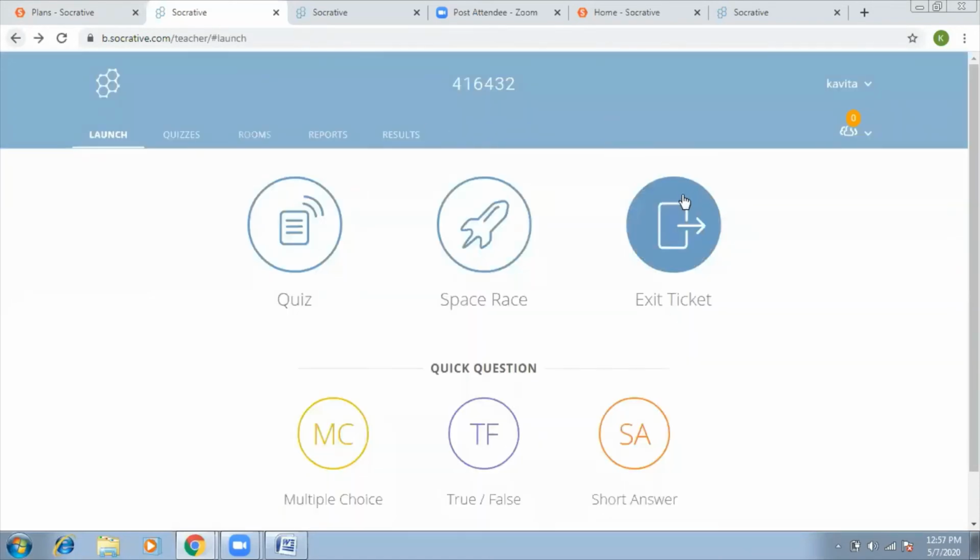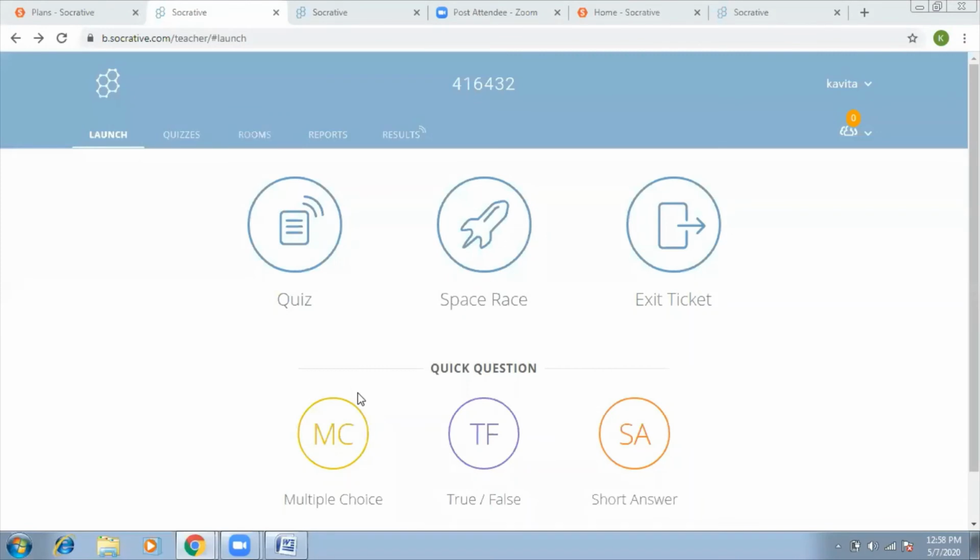Then the third one you have is Exit Ticket. These are an effective way to gather end of class feedback, giving students an opportunity to demonstrate what they have learned in the class and for teachers to be sure that all teaching objectives were met. Now here, one problem with the exit ticket is that it has those fixed 3 questions, and only those can be used right now because we are using a free application. If you buy it, then in the exit ticket also you can have your own questions.